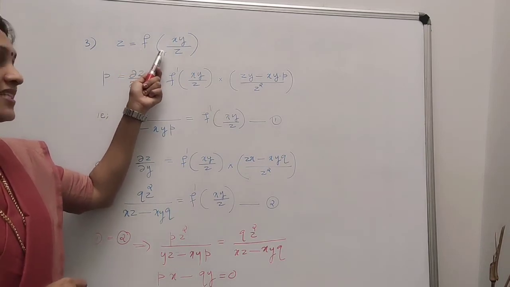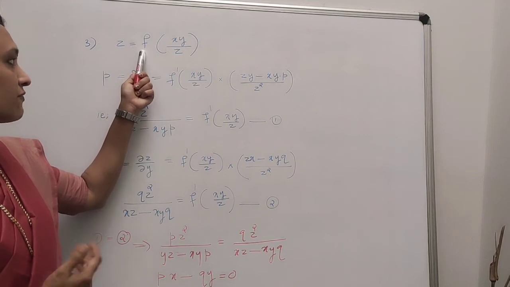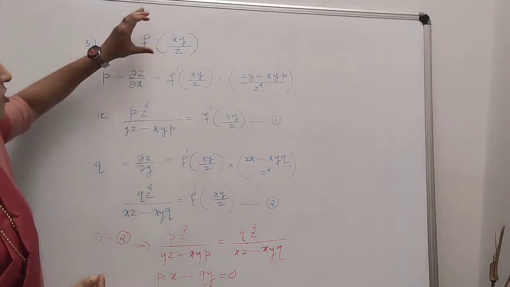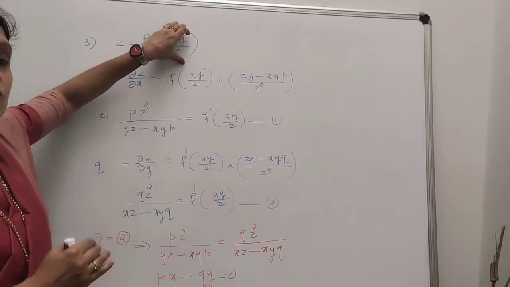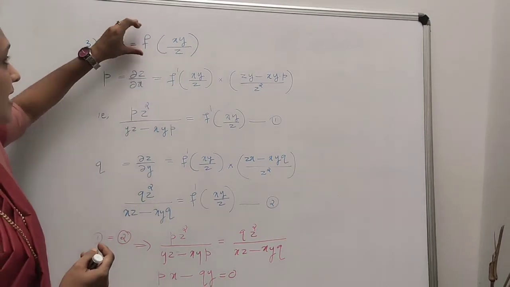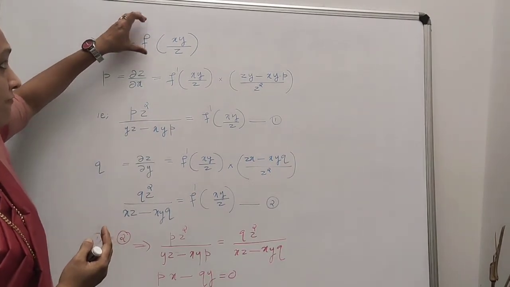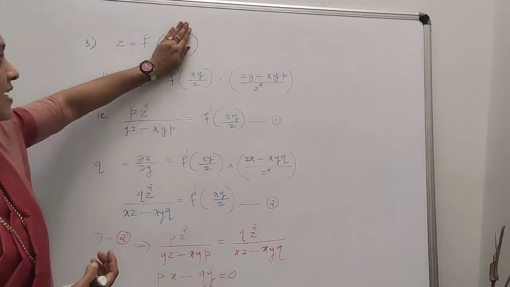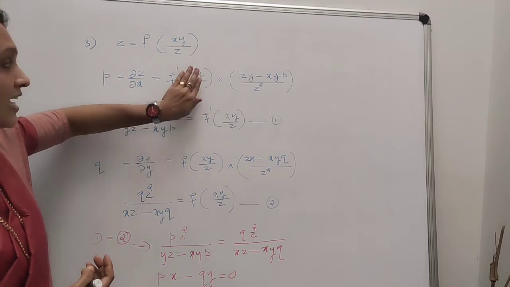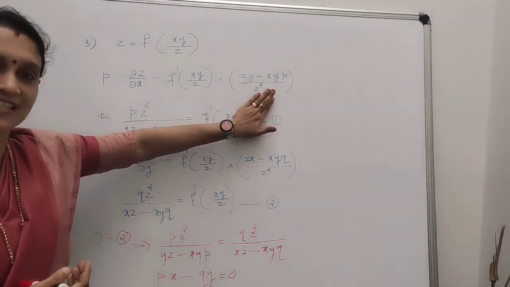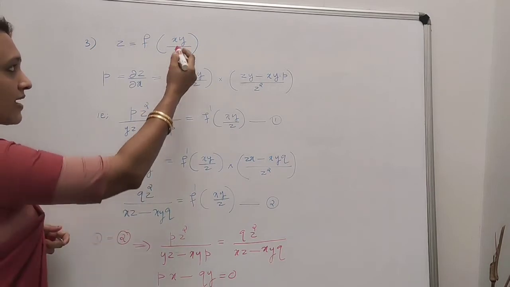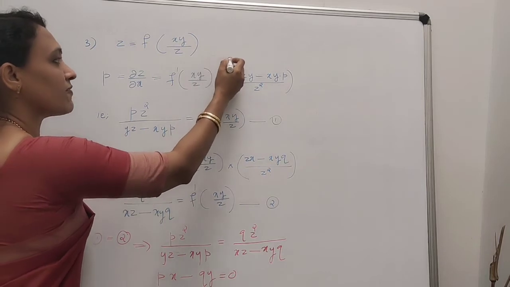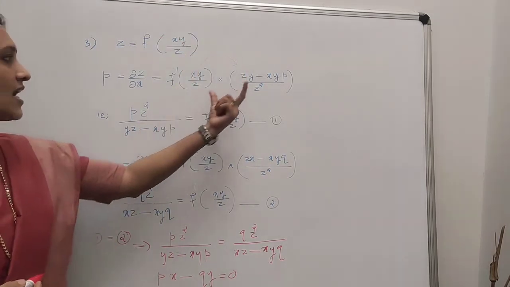So with respect to this equation, differentiating with respect to x gives f dash of (xy by z). See, this is of the form f of something, right? So when we are differentiating, this will be the next derivative, f dash of something, into the derivative of the something also you have to consider. So f of xy by z, derivative f dash of xy by z, then xy by z whose derivative I wrote here.